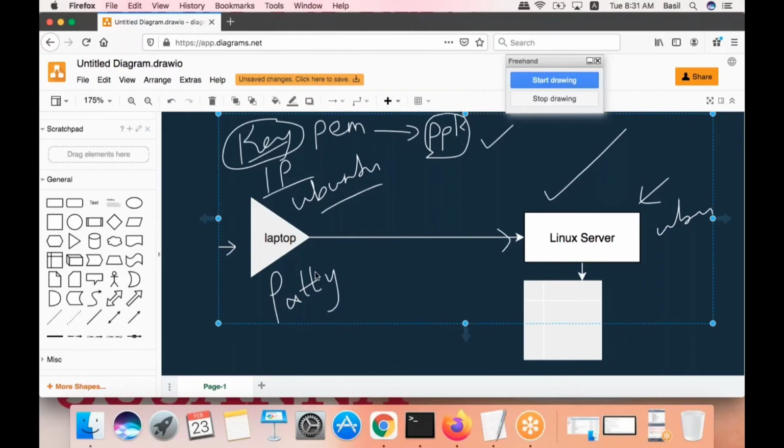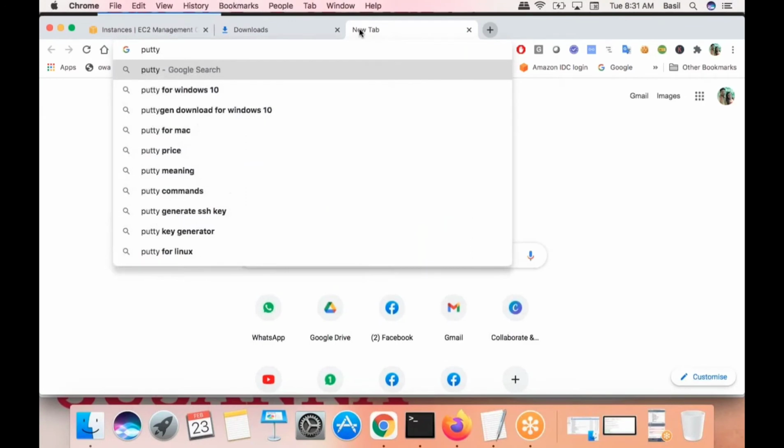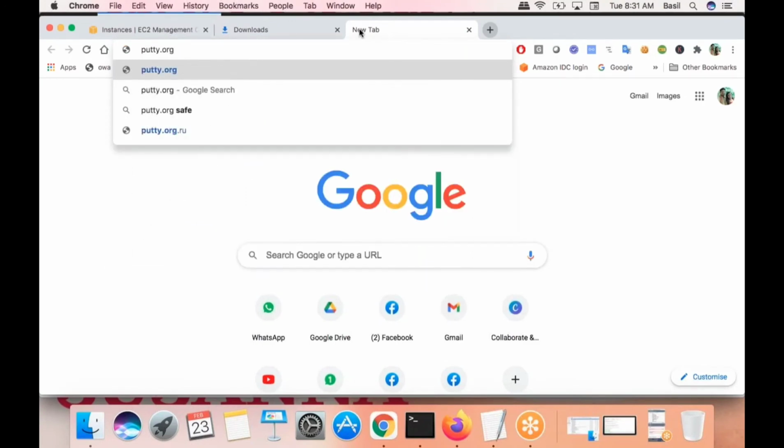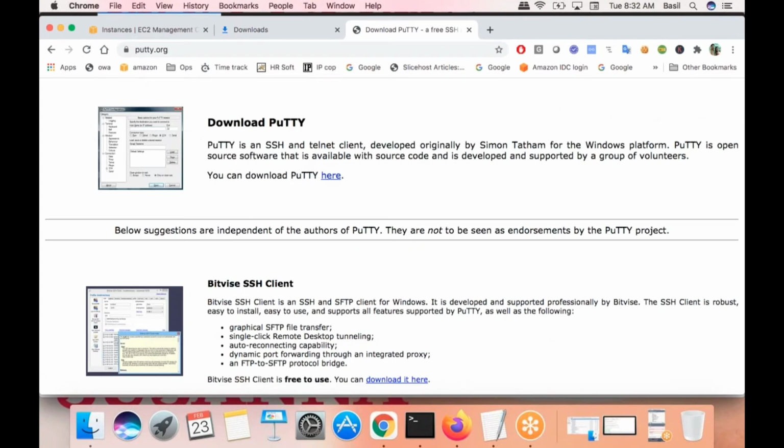First of all, let us download PuTTY to your Windows PC. There is a website called putty.org. Go to this website. All of you who are using Windows, go to the website putty.org and select this option. You can download PuTTY here. Click here